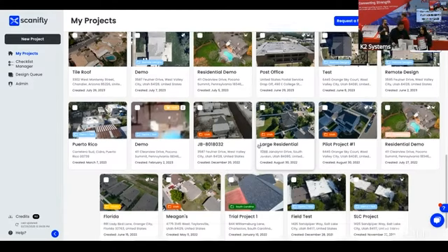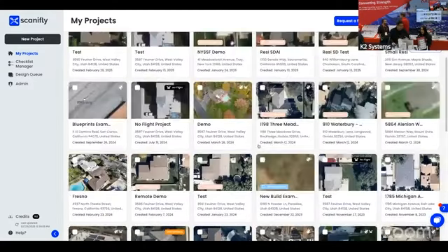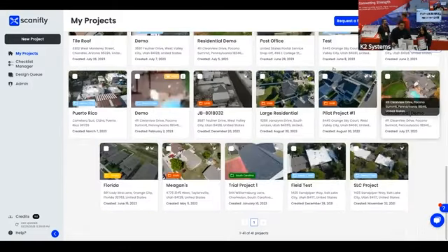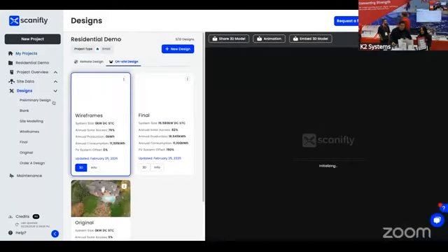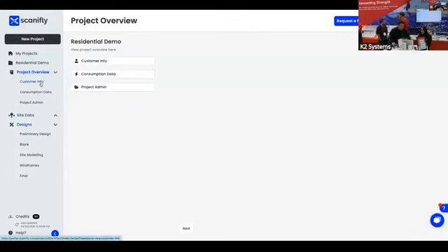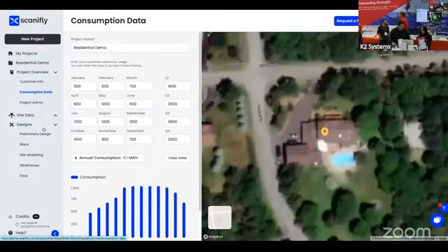So what you're seeing right now is the Scanifly project portal. So here's where you have a list of all of the different projects that you create. Inside every project page, you will find project information. So it could be project overview, customer information. You can enter consumption data. We have a section here that I'll show you in a minute where you can consolidate all of your site